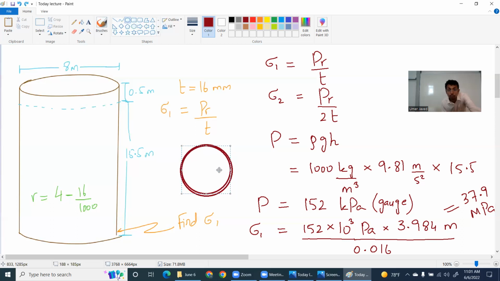Okay, so I will make them. So there will be stresses like this, along the wall. And if this is the container,